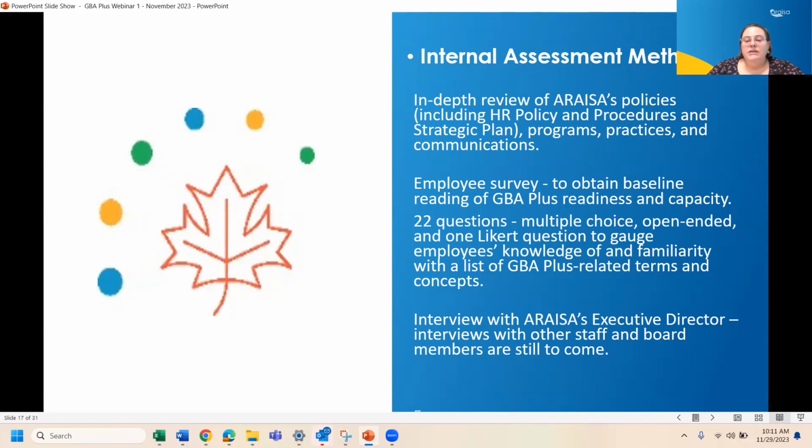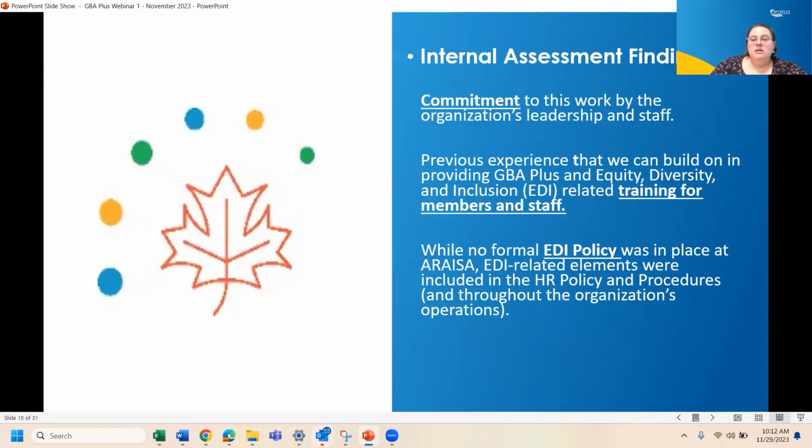Also, an interview was conducted with our executive director, Carolyn Whiteway, and interviews with other staff and board members may still be to come. And so just to quickly review the findings from that internal assessment, we found that there is really a strong commitment to this work by our organization's leadership and staff. We have previous experience that we can build on in providing GBA Plus and equity, diversity, and inclusion related training